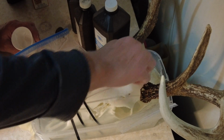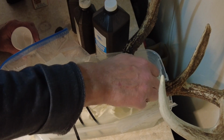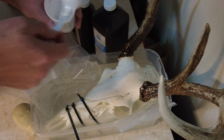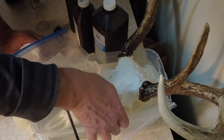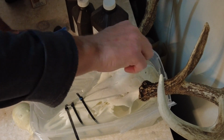And then for the next day or two, I might put a drop or two of new hydrogen peroxide on this. Now remember, this has only been what? I think this is the third day. So it's basically done in 3 days. But if you want it that really shiny white,